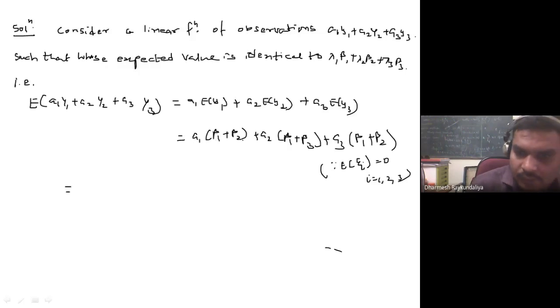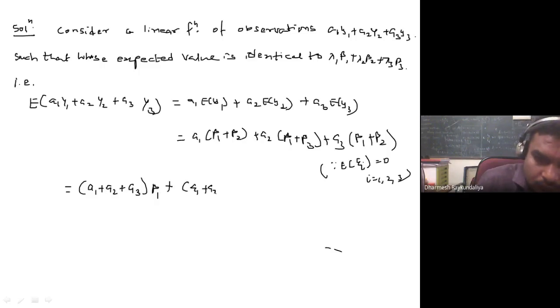So beta 1 is here, here and here. So that is how you can write A1 plus A2 plus A3 is beta 1. Then where is beta 2? Here. So it means A1 here. That means A3. So that is A1 plus A3 for beta 2. And A3 is in only one place.